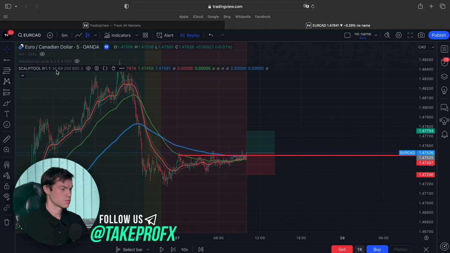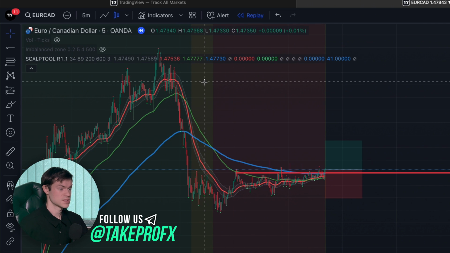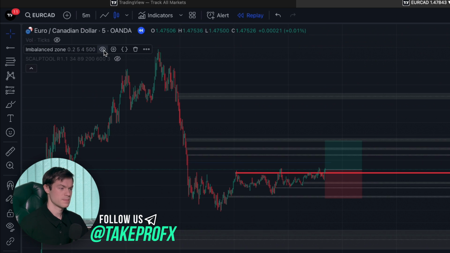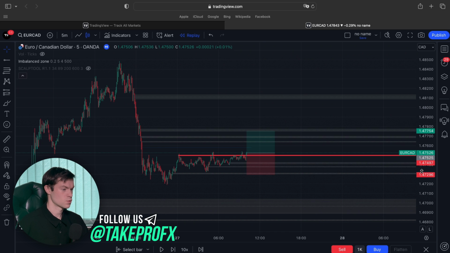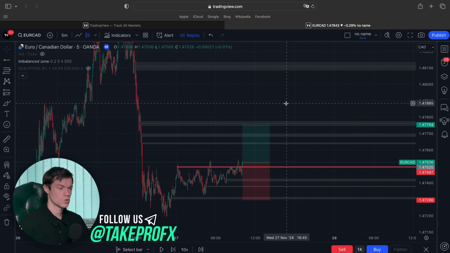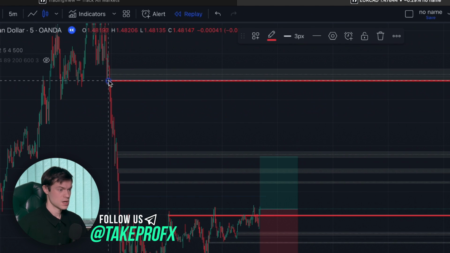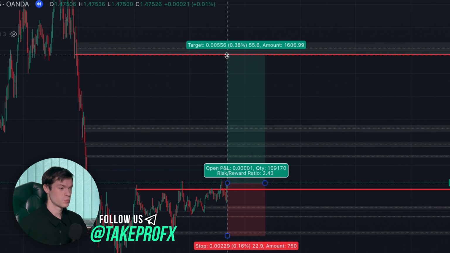Now the first thing we need to do, and this is our next criterion, is to determine the exit point from this trade. The imbalance indicator will help us here, and it is imbalance zone. So we turn off the indicator which we need to find entry points. We turn on the imbalance indicator, and the most important thing is to find the 2 most powerful imbalances. So here we have the first imbalance, and it is our first target. We put take profit